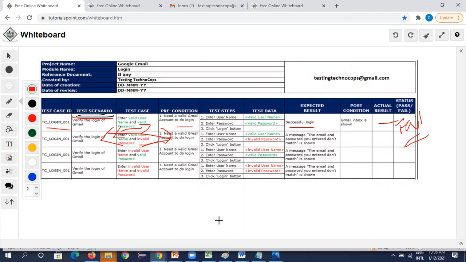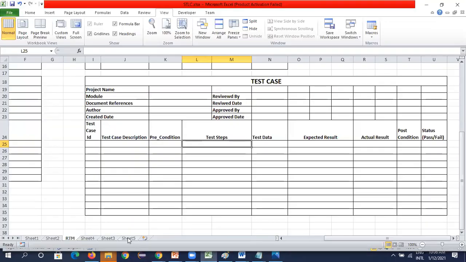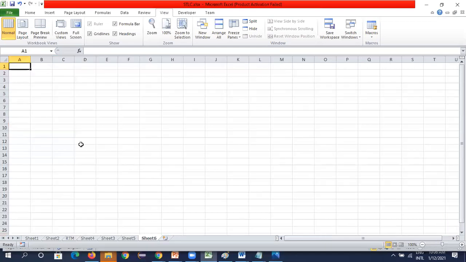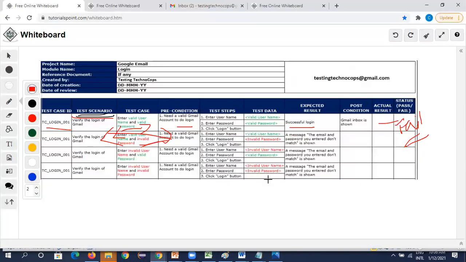So one more thing here in writing test cases. See, somebody will write test steps like this. See here in this document, in the screenshot that I'm showing here, they have written the same steps, like enter username and password. Okay, right. Enter username and password, enter username, password, click login button. Okay, these steps are repeated and they have given test data like this.